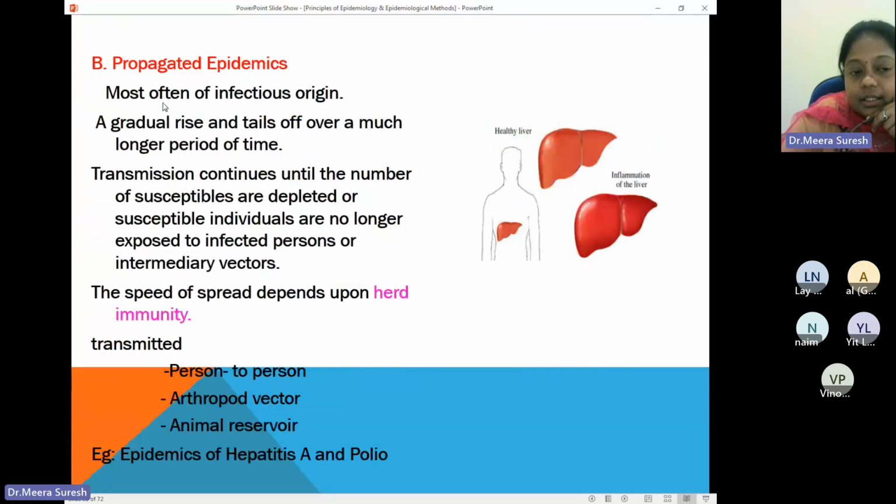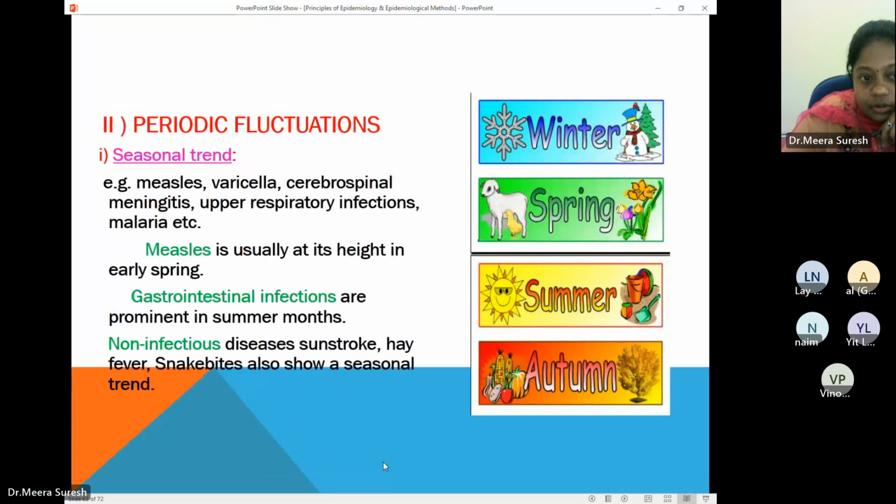Propagated epidemics are also more infectious in origin. There will be a gradual rise and tails off over a much longer period of time. This will be transmitted person to person, arthropod or animal reservoir. Examples will be epidemics of hepatitis A and polio. So if we go to the graph,